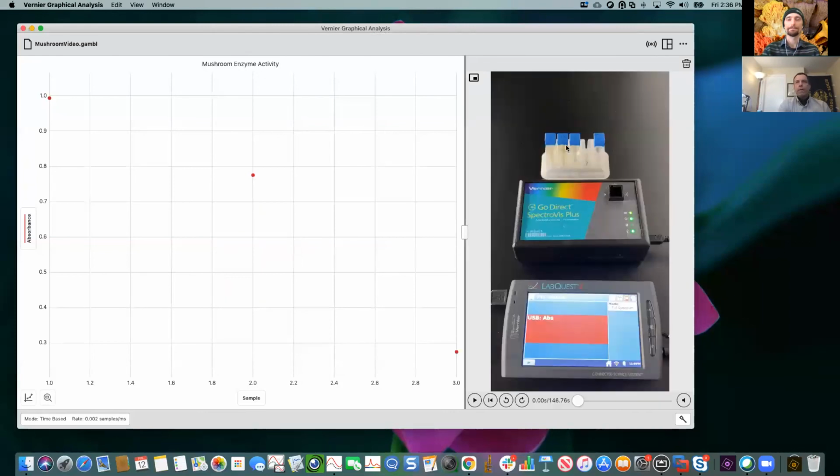So here what I have is a video of collecting spectra with those same 3 samples. I go through how to calibrate the device. Then I go through how to collect a spectrum. And then I go through how to set it up so the student could see the entire experiment. And then over here, I have the 3 samples. Now I haven't labeled them because GA can't deal with text, but you can actually guess which one is which.